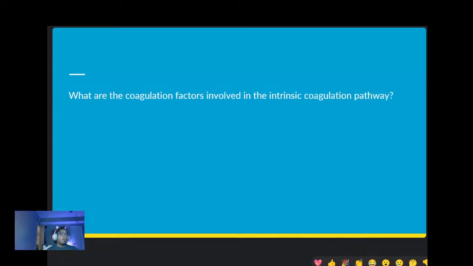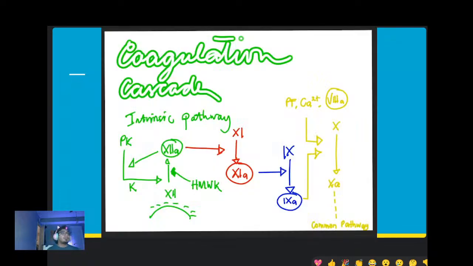coagulation factors are involved in the intrinsic pathway? Huwag kakalimutan 12, 11, 9 and 8. Okay? Hindi marunong magbilang ang mga hematologists nung unang panahon. Walang 10. Okay? 12, 11, 9, and 8. Nawala lang si 10, kasi kasama siya sa common pathway. Disregard nyo muna siya. Now, summarize the coagulation cascade in the intrinsic pathway. So, you have a very nice picture here for your benefit. Let's show them, Moyo.